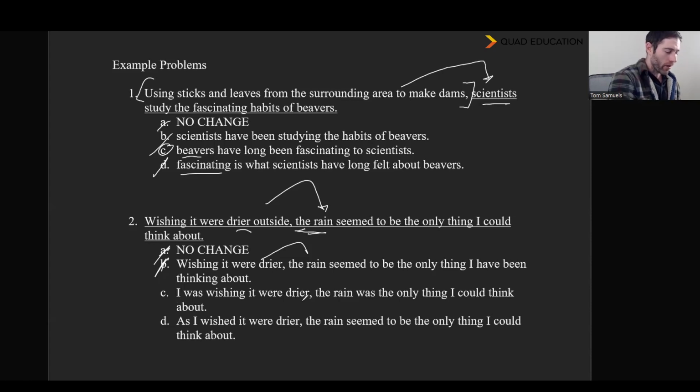"I was wishing it were drier. The rain was the only thing I could think about." This is a run-on sentence, so let's not do that. So for the last one here, "As I wished it were drier, the rain seemed to be the only thing that I could think about." In this instance, I've made this no longer a modifier and included a subject in here. I think the challenge here is that this still doesn't sound good. You could probably do better if you were to write the sentence yourself, but you obviously don't get to. But as I mentioned, option A is legitimately an error, and so we have to get rid of that and go with